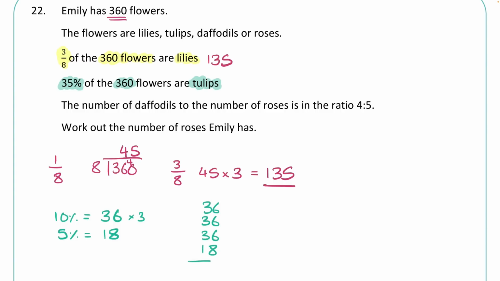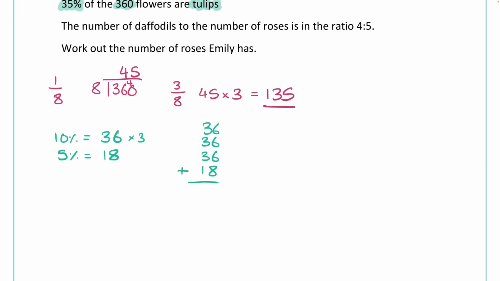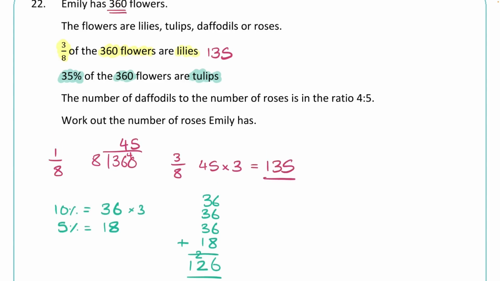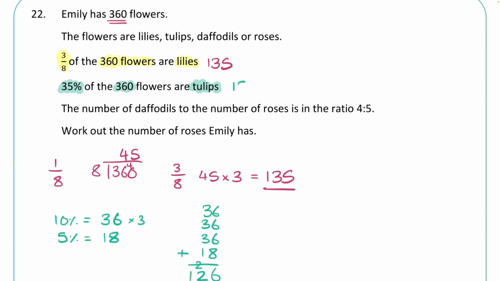I'm just going to use column addition to add these up. That shouldn't take too long. 6, 12, 18 plus the 8. 18 plus 8 is 26. So 26. 3, 6, 9, 10 plus the 2 is 12. So 126. There we go. So 126 of the flowers are tulips, and the remaining flowers, the roses and daffodils, or the daffodils and roses,